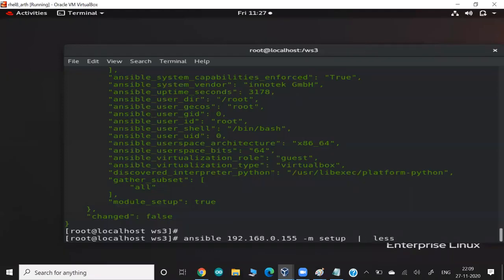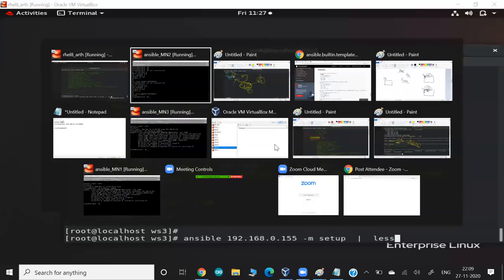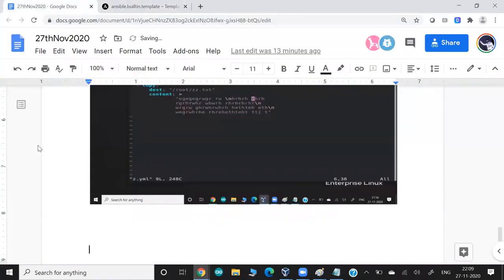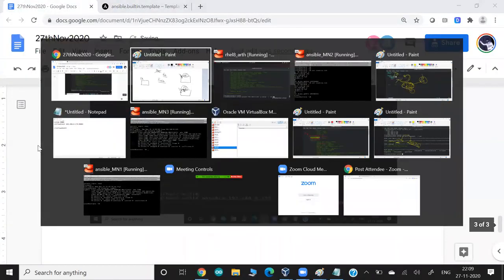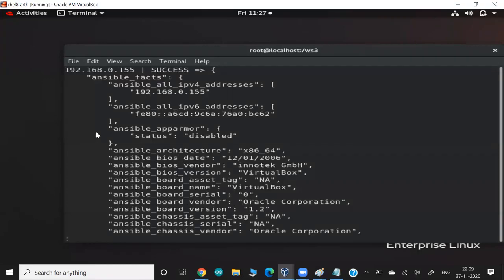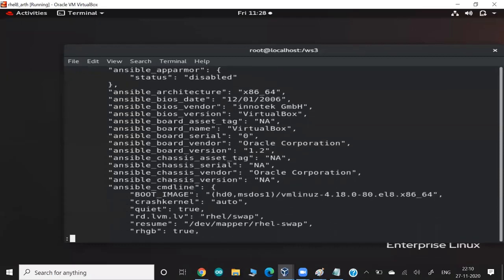If you have a lot of information, guys, on the command line, you can use pipe less. It will show the information from the first line. This is one of the basic Linux commands. So this is the information coming. If you go up, it is from the first line, and if you go down,